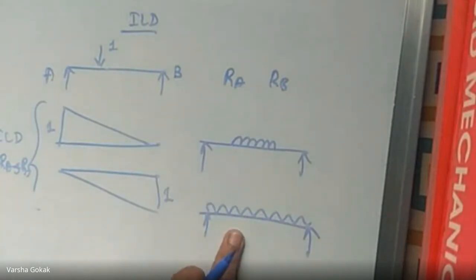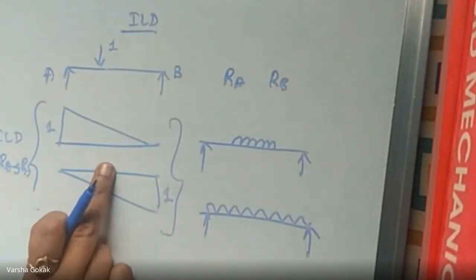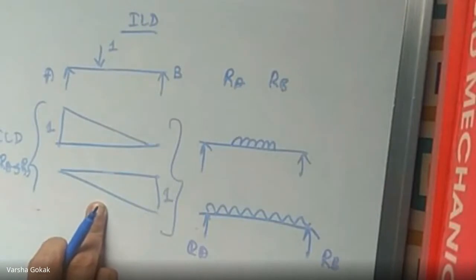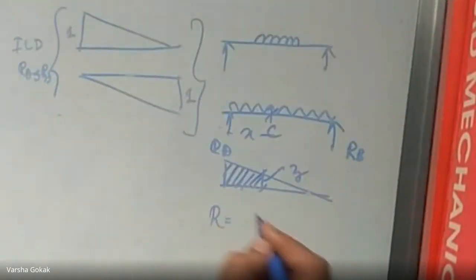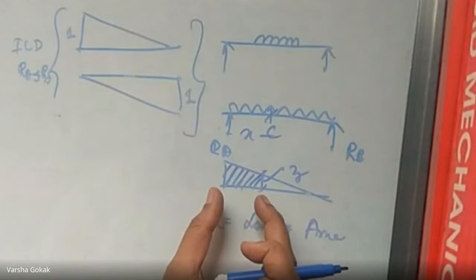So when we were trying to get the values of the reactions from the standard ILDs, right? We saw the procedure to get the values of RA, RB using these standard figures of influence line diagrams. So for RA, we know this is the influence line diagram, and if I've given you a point C at some distance X, at that particular distance X we found the Z. And when we are dealing with UDL, the area which comes under that particular zone is what we have to consider. So to calculate the reaction, it was the load into the area that was coming under that particular zone.